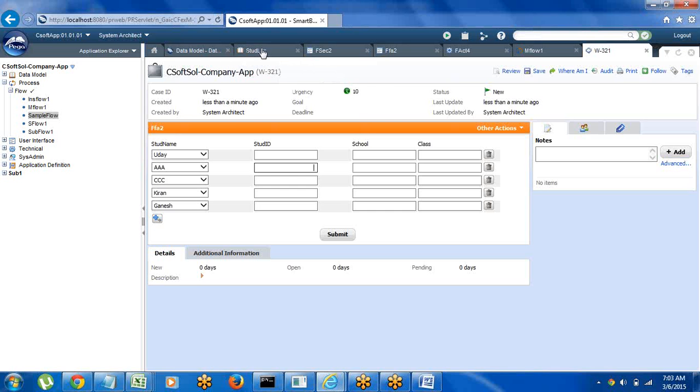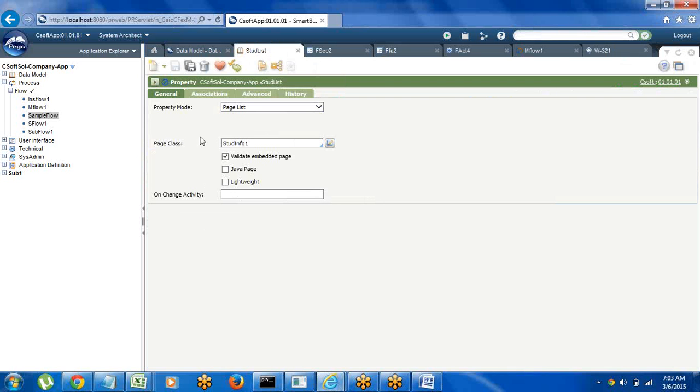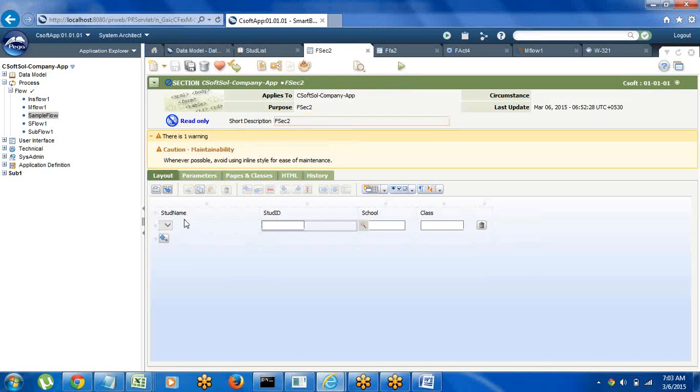First thing is we are creating an embedded property, so it will create a list, and under the list option it will get all the property names from the table. In the second step we are creating a section using the repeating row layout. Same process you can try for repeating column also, so I will show you. If you want to use the repeating column,